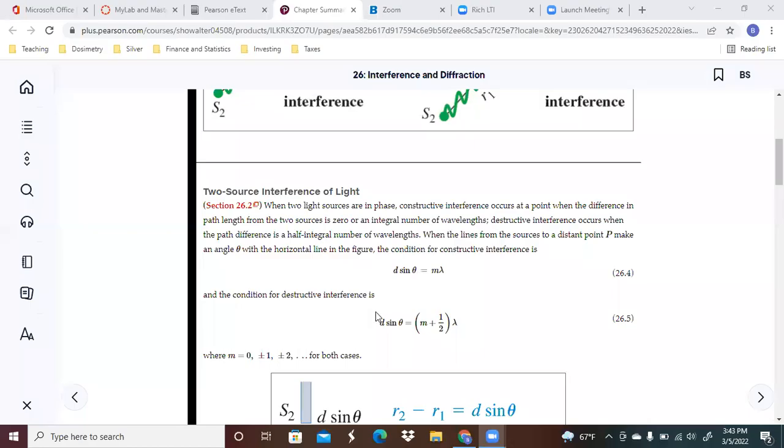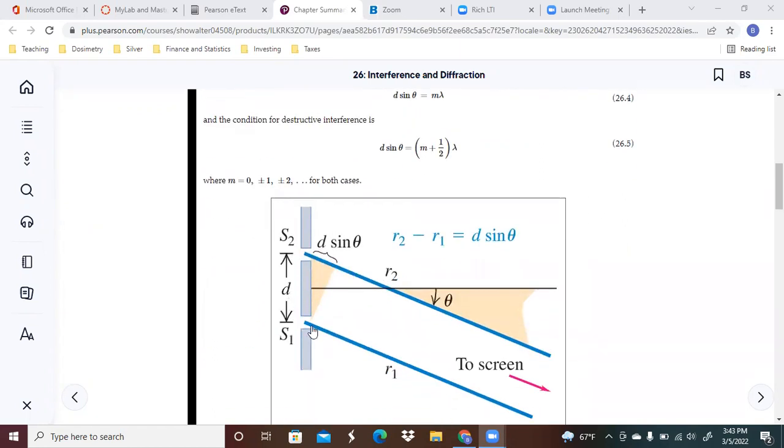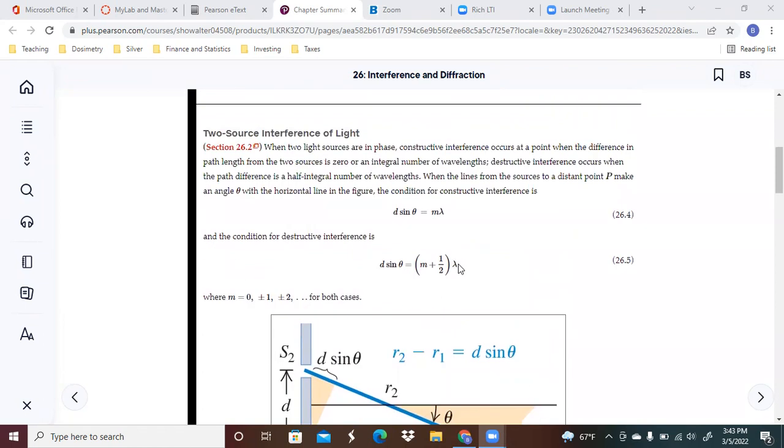This lecture is going to be over section 26.2. We're going to look at two-source interference of light. So when you have two light sources and they're coming in through, say, a couple of different slits, or maybe light from the same source, but they're coming in two different slits, you've got constructive interference occurring at a point